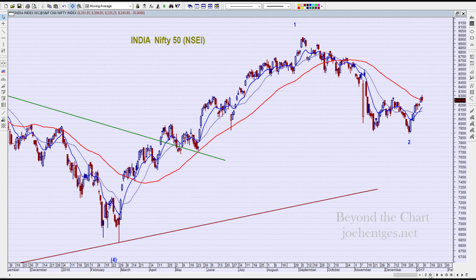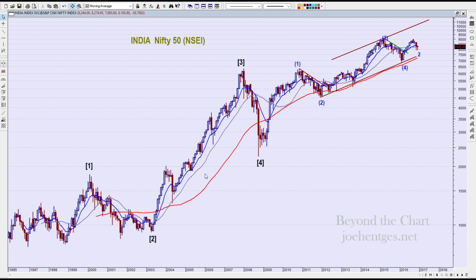Okay, first of all, I want to take a look at a weekly chart. Actually, let's do a monthly and get a bigger picture. Here's what I think is going on with the Nifty 50. From this low back here in 1998, I think we're in our 5th primary wave up. Okay, so we had 1, 2, a big wave 3,